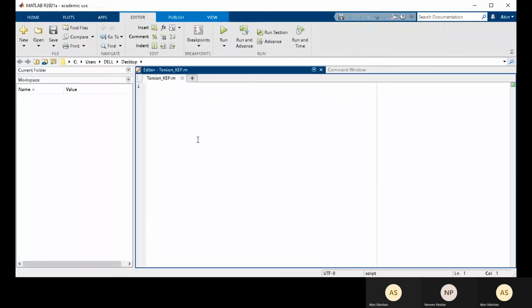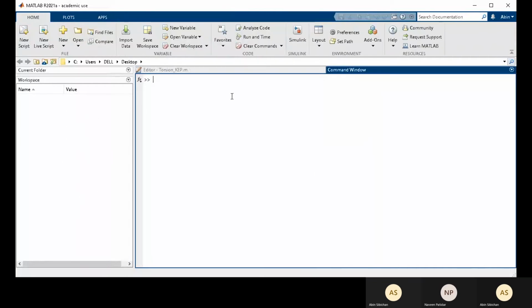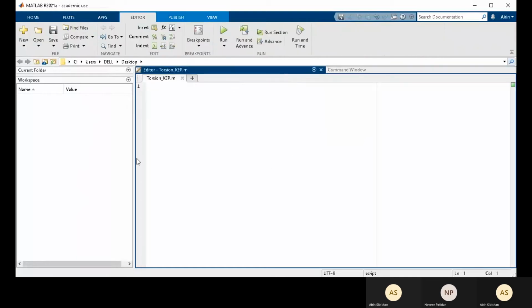Whereas in the script, we can save it as a file. We can have multiple lines of code, which can be run at a time by using this run button, and all the outputs will be saved in the workspace, and we can access the workspace using the command window. As I said just now, the workspace saves all the outputs and all the variables, and it uses the memory to save everything. So this is the basic introduction to what's happening in the interface of MATLAB.